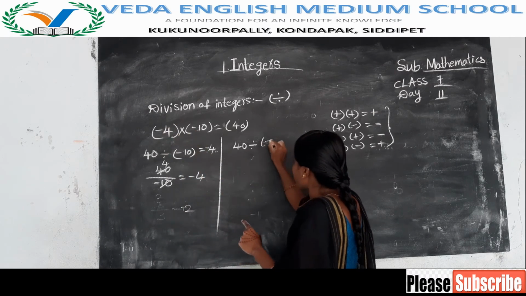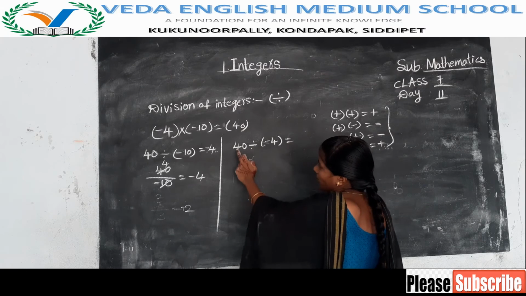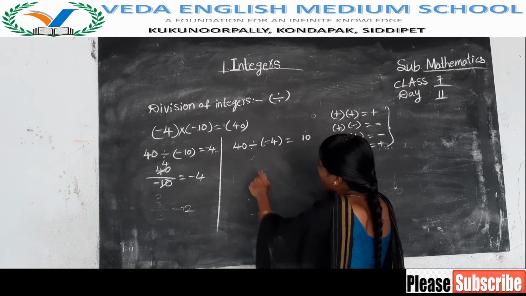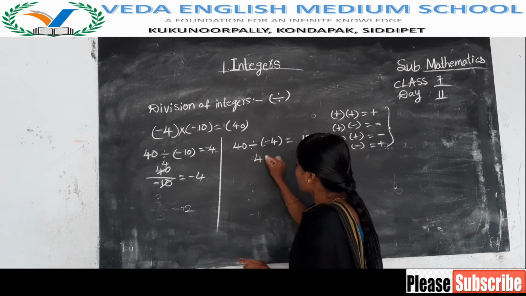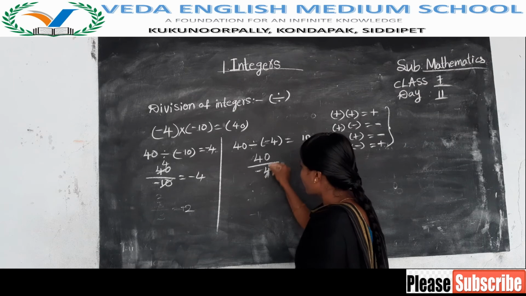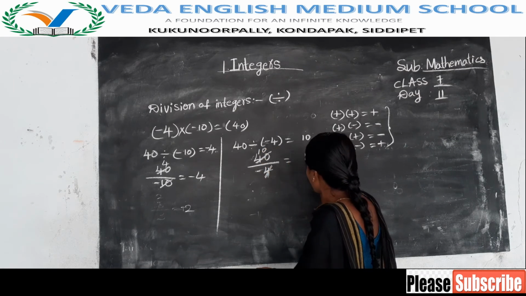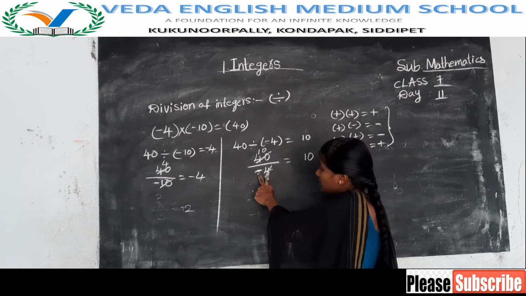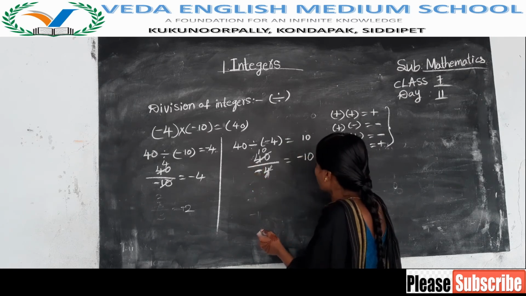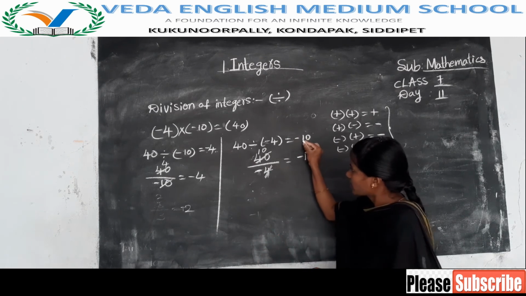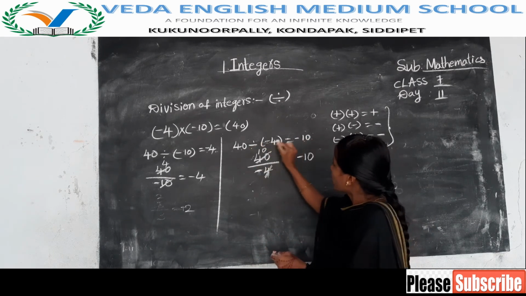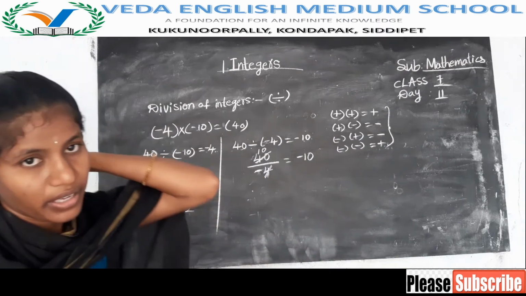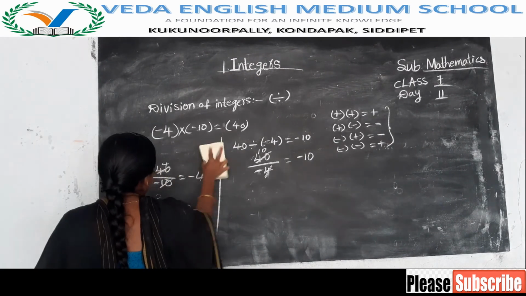Next with minus 4. Now, 40 divided by minus 4. 4, 10 times gives 40. Here in the denominator we have a negative symbol. Either the symbol is in the numerator or denominator, that symbol goes to the answer. So minus 10. 10 4s are 40, minus into minus is plus. Like that. If you have two negative symbols, then minus minus will get cancelled. We will check that.